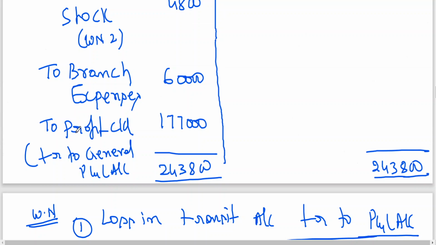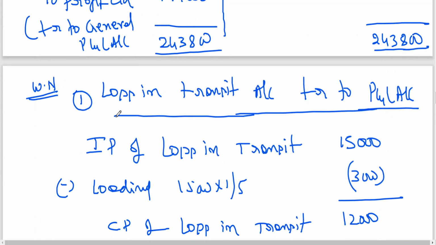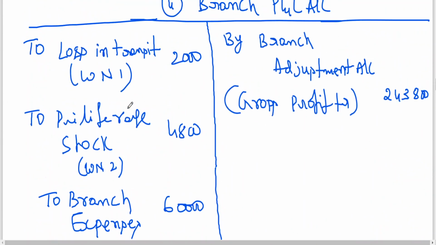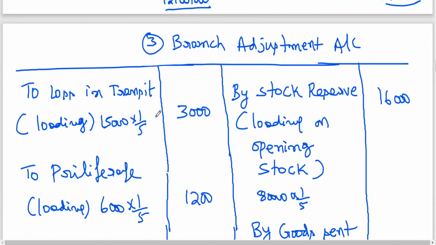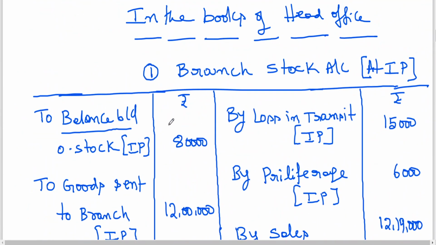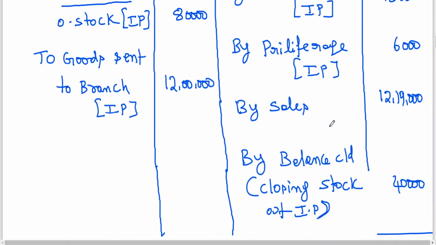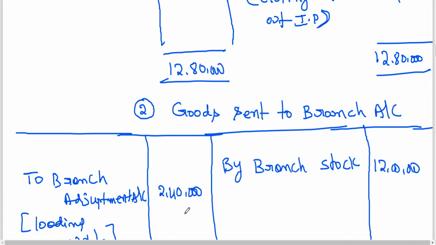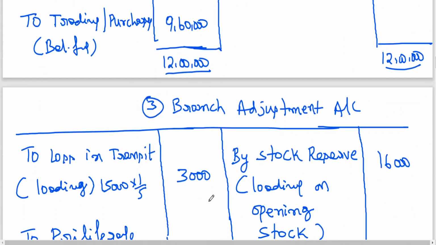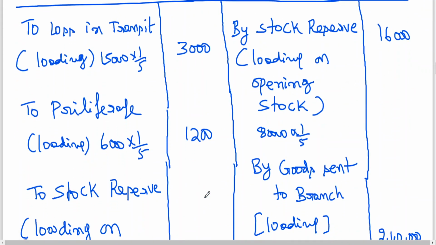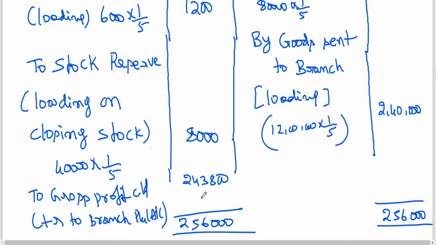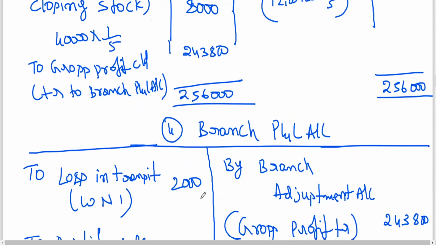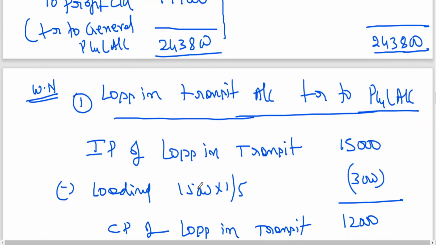If you do the same problem by the final accounts method also, you'll be getting the same answer. Since he's not asking, I am not taking that up. If you take the same problem as final accounts, branch stock is at cost price, this is at cost price, this is at selling price, closing stock at cost price, then you'll get the gross profit. In branch P&L account, write only these two losses, loss in transit and pilferage, and you'll get the same answer. If you want, you can try. This is homework for you. You should ultimately get a profit of 1,77,000.